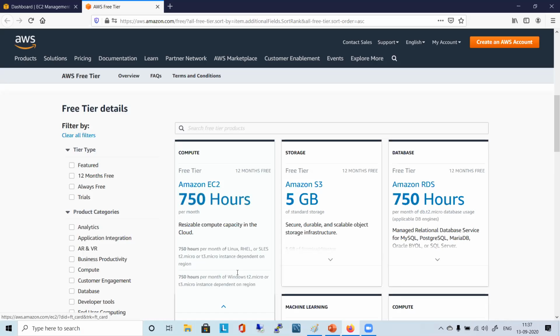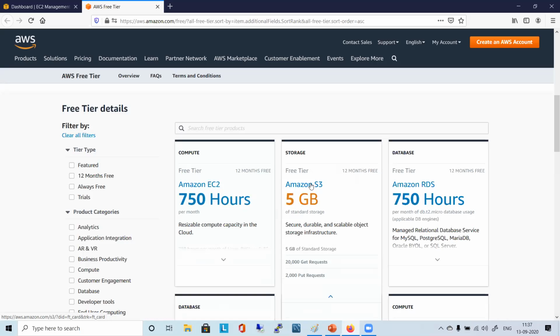If you are using 10 servers for 1 hour, you are consuming 10 hours. It works like that. It's not that you can launch only one server. You can launch multiple servers and run them for multiple hours. All they give you is 750 hours of free usage for 12 months.